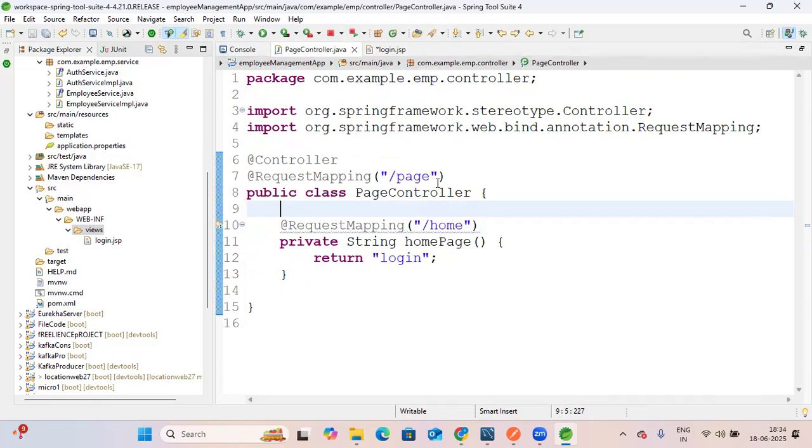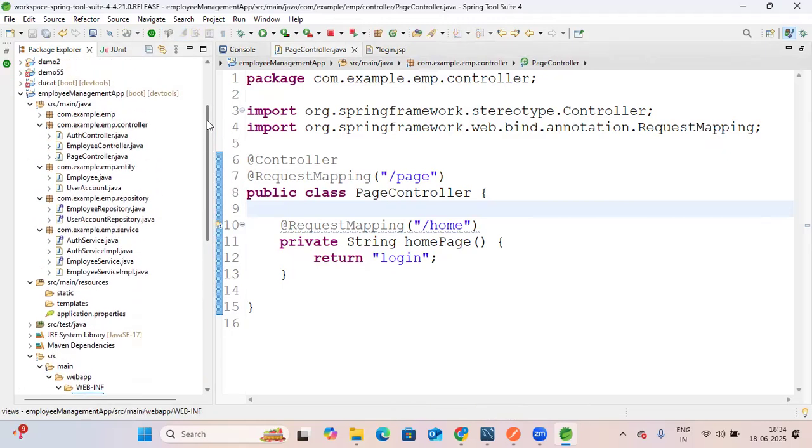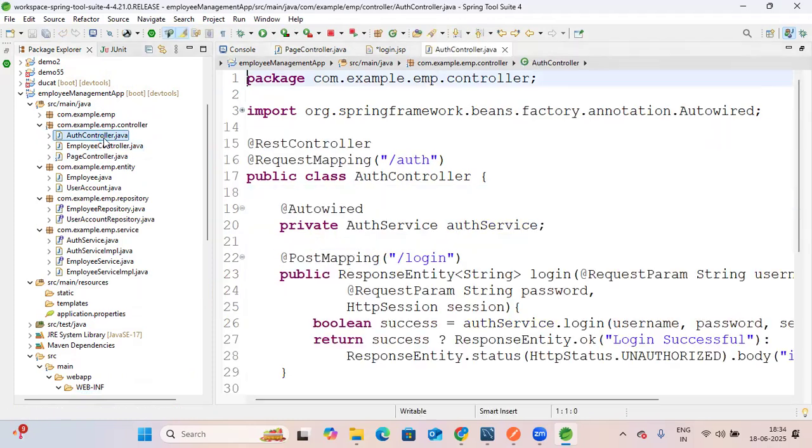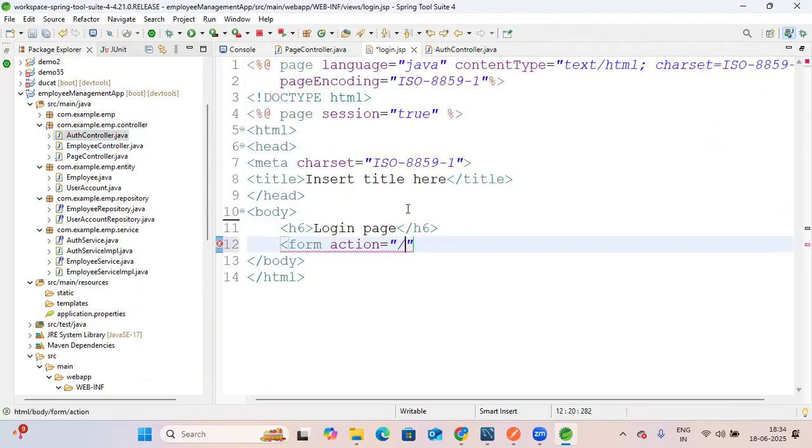We are basically logging in with the auth controller, and the auth controller endpoint is auth slash login. So what will we write in the action here? Auth slash login. What will this action basically do? It will call